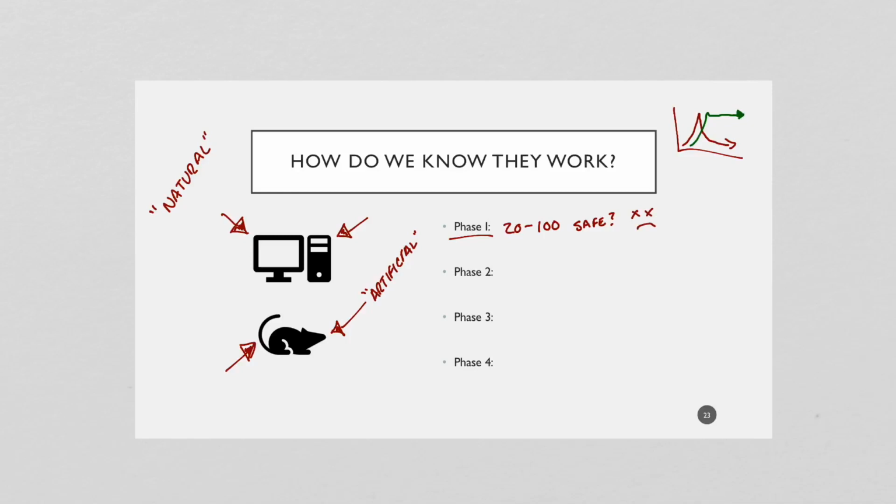And if we have a bad reaction, then that's where it stops. We go back to the drawing board. We head back to the animal models to see what happens. But if the results are good and everything's good to go, it looks safe, we go on to phase 2. And usually, on average, about 70% of all drugs, including vaccines, get through phase 1.